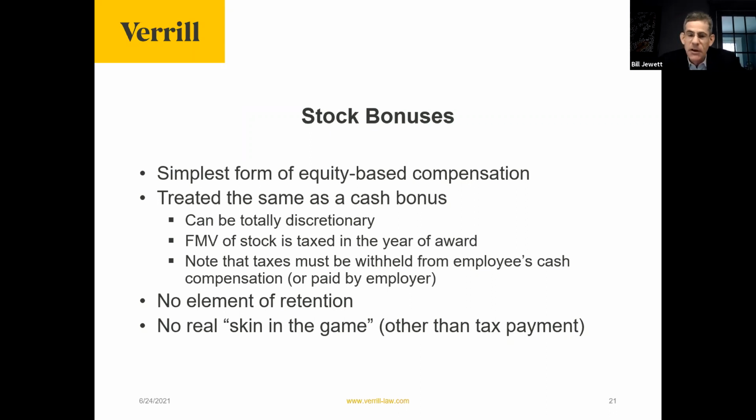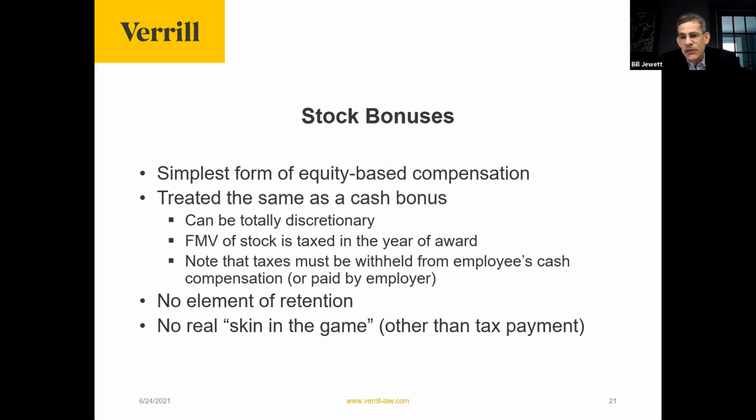And an alternative to that, of course, is that the employer can pay the taxes for the employee, but this gets very expensive very fast because paying the employee's taxes is additional compensation to the employee, which is also taxable, and paying those taxes is additional compensation to the employee, and so on. It adds up quite quickly.